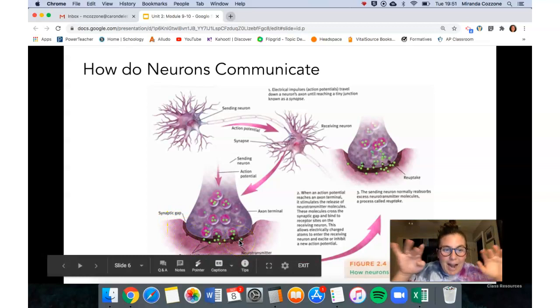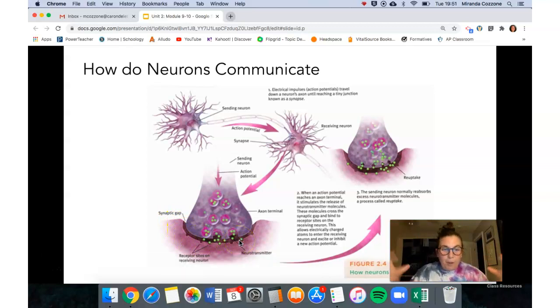This is the like I'm touching you, not touching you sort of proximity that they have together, and they release the neurotransmitters from one to the next. And just note, not every action potential is as strong as another one. So some are very strong, they go for much longer. Some are weak and might go for much shorter. But do understand that they communicate via this synaptic gap where they're able to release that neurotransmitter to the next